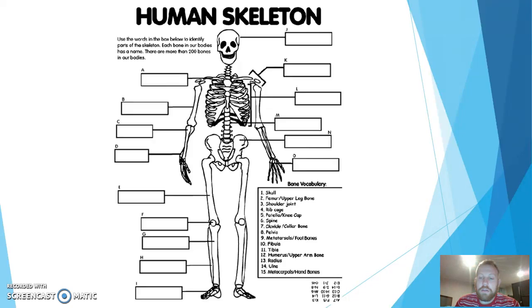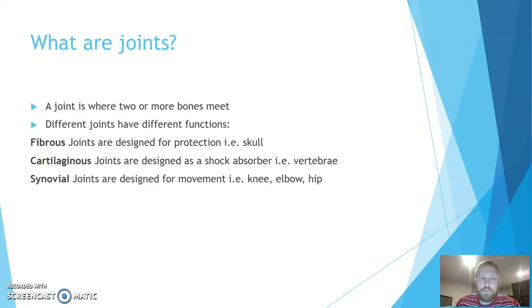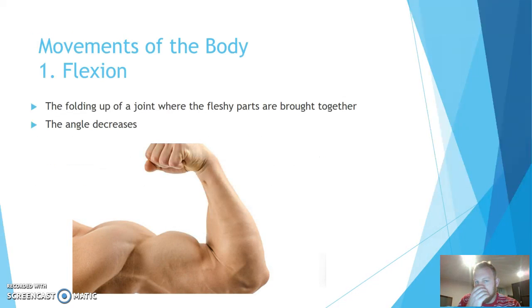What I want to look at today is the movements of the body. The movements that we are going to predominantly focus on are things like flexion. Flexion occurs at hinge joints. It does also occur at ball and sockets. But basically, it's the folding up of the joint where the fleshy parts are brought together, or the decreasing in angle